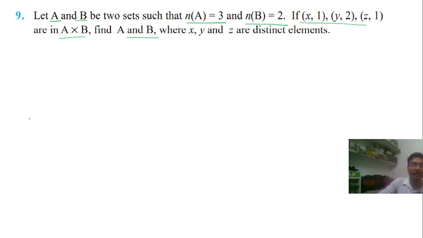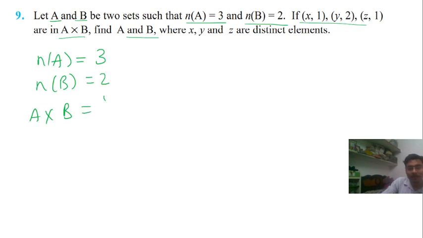So they are saying the number of elements in set A is 3, the number of elements in set B is equal to 2, and we have A cross B as x comma 1, y comma 2 and z comma 1,